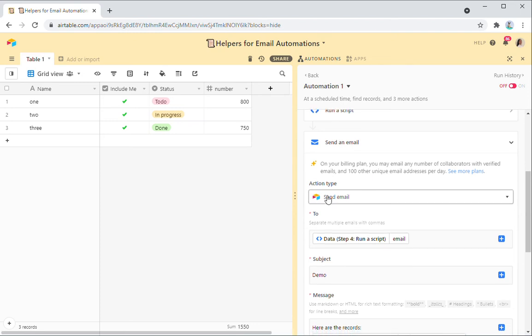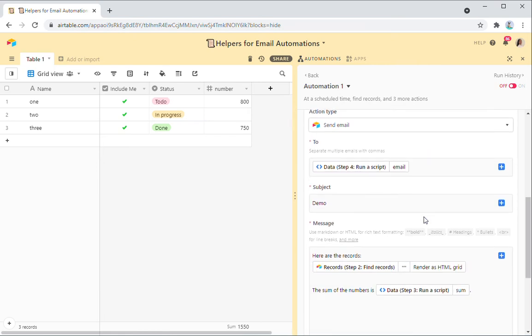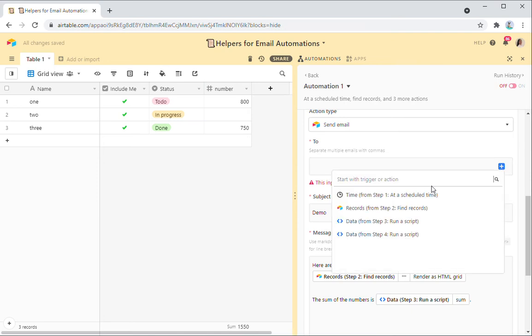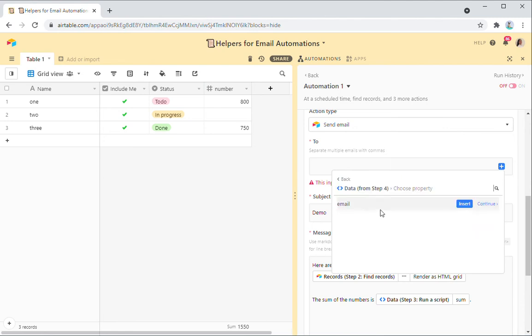This is an Airtable send email action, but you can use any of the other send email actions. So the 2, we're actually going to want to use not the regular 2 that we do, but the one from the script that we did. So we go plus, and then we're going to have the script, which was the second one that we had, which is in step 4, that calculated the email address. So we continue and email, insert,